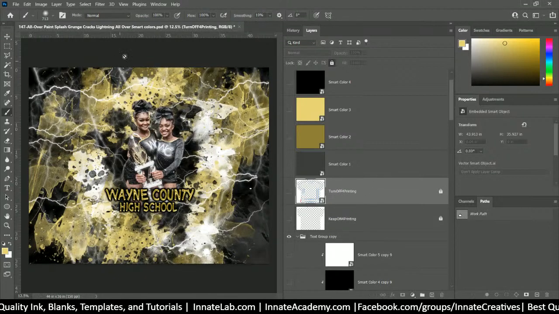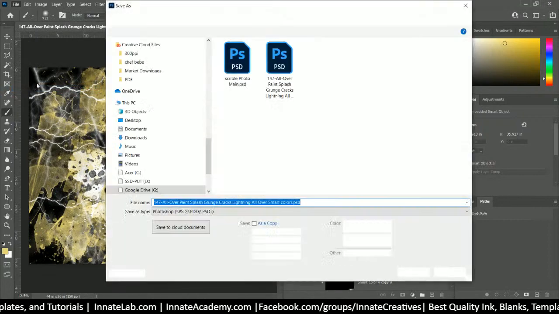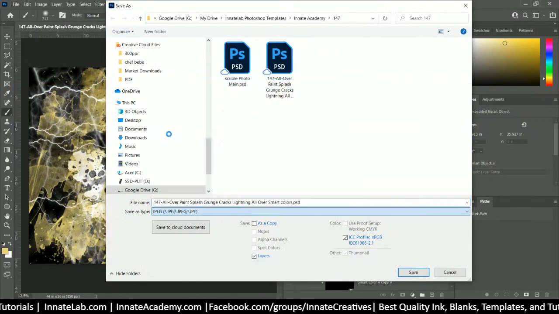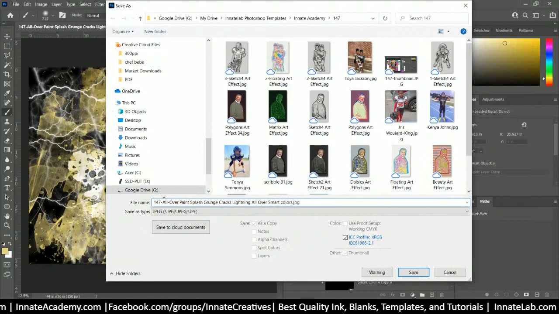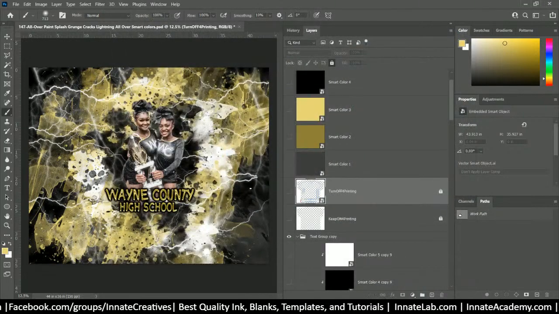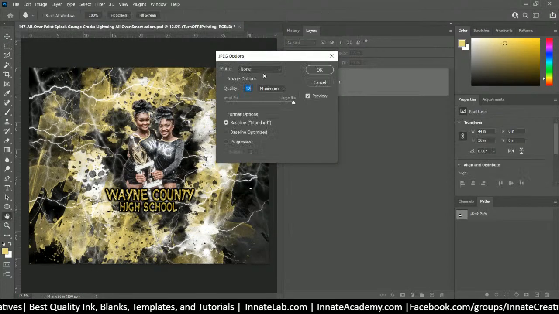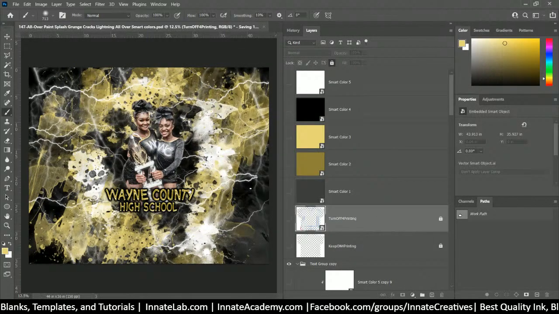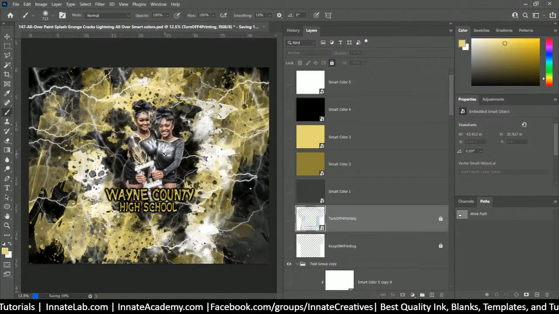All right, so I'm just going to save it just like this. File, and I'm going to do Save As. I'm going to save it as a JPEG. And then this is my variation number 2. All right, and it'll save as a JPEG, and then we'll go back and do the football image and save it as well. Make sure that you save it as the full quality here. All right. And now that we have that version saved,